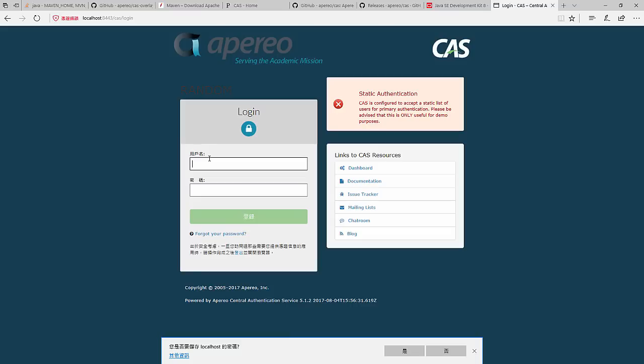Why I want to do this: because CAS is not very beginner friendly, and I'm a beginner. So what I have done is gather a lot of information. I was very confused, and I couldn't actually build a simple login system. I couldn't even show this whole page here, not even edit it.